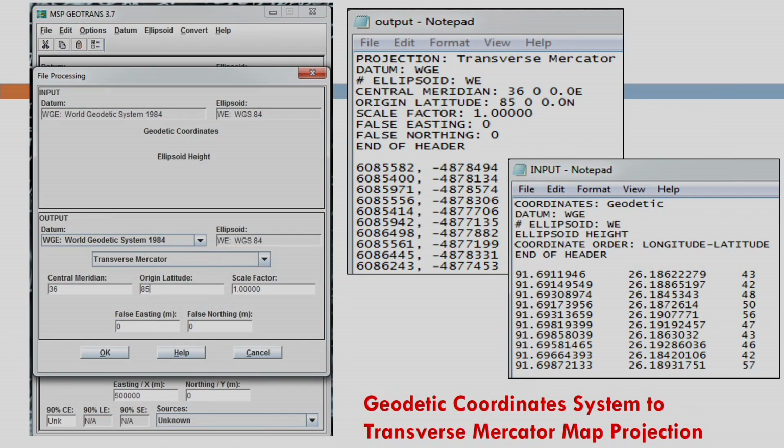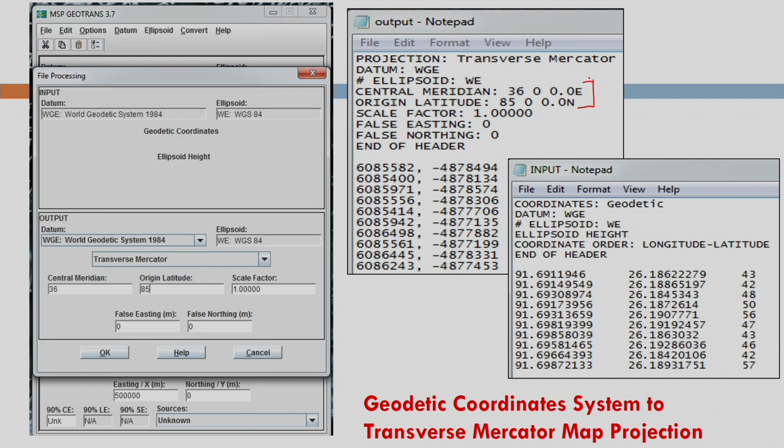Okay, now coming to the geodetic coordinate system to transverse Mercator map projection. Again remember that transverse Mercator is user defined, and UTM is a specific example of transverse Mercator. For UTM we did not need to define anything, but in case of any other projection we need to define it. So that is my central meridian information in the output, since I am converting from geodetic. Again height has no meaning here, and the central meridian is there in the output, the origin of latitude is there, so I get some negative coordinates again here.